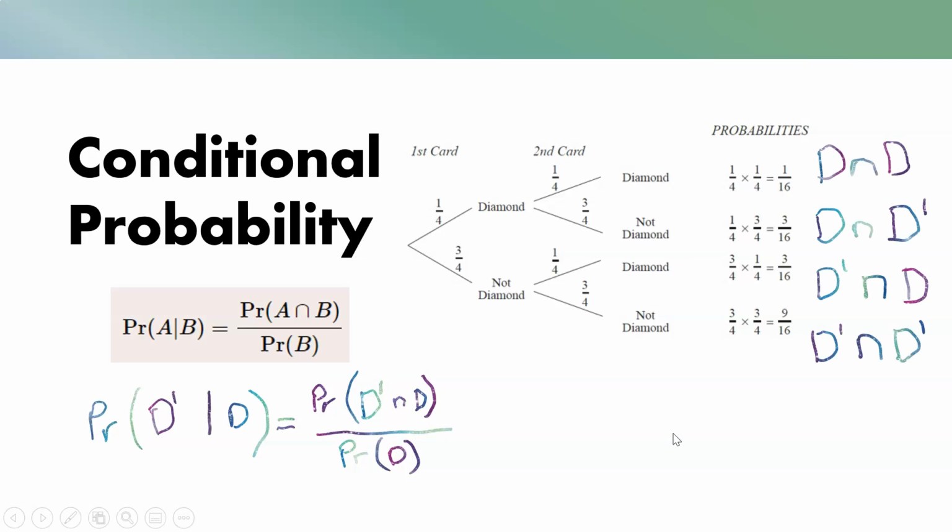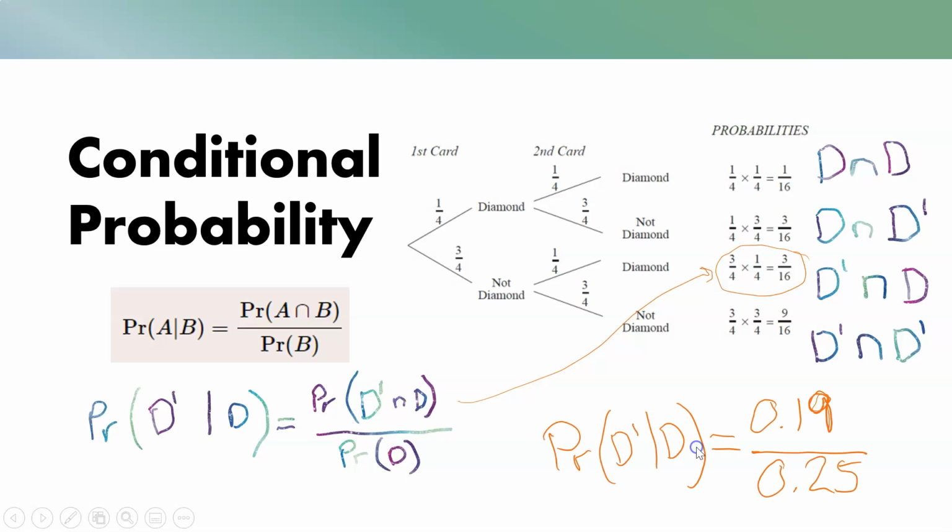So the one we are looking for is not a diamond after a diamond here. Okay, that is the one that we are looking for. That is our intersect. So then we would do 13 divided by 16. Okay, hang on, let's do them. 13 divided by 16 is